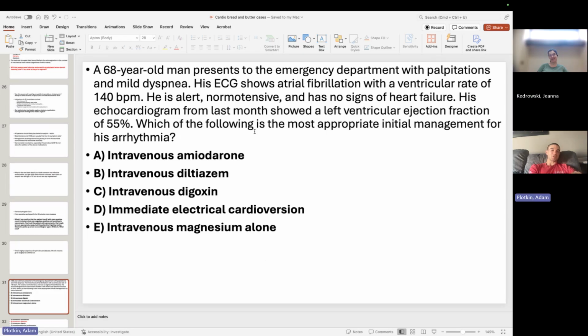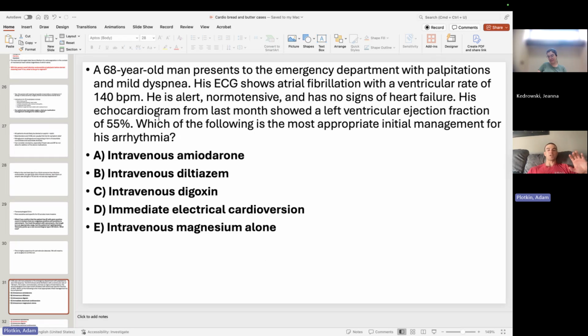So the right answer is your calcium channel blocker. First line for stable AFib is usually rate control. Sometimes we can do rhythm control. The debate is still up for grabs, but rate control is going to be with a beta blocker or with diltiazem, right? So it's usually metoprolol or diltiazem. Does that make sense? Okay, we'll get the rate under control with IV metoprolol or IV diltiazem.